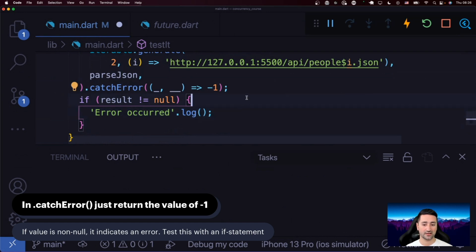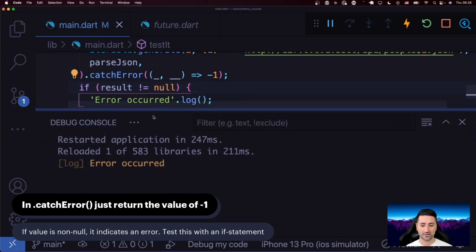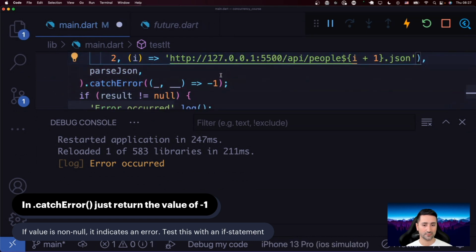So I'm just going to do a hot reload. And now we should be able to have a look at our debug console in here. You can see it says error occurred. Okay. But if we fix that URL, go back to how we had it before, hot reload, then nothing is